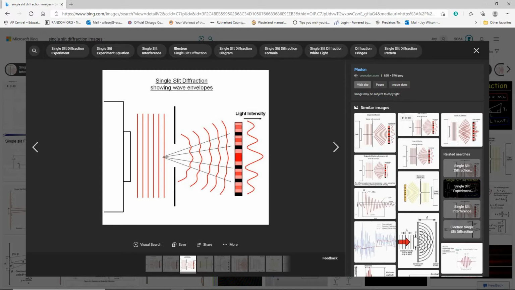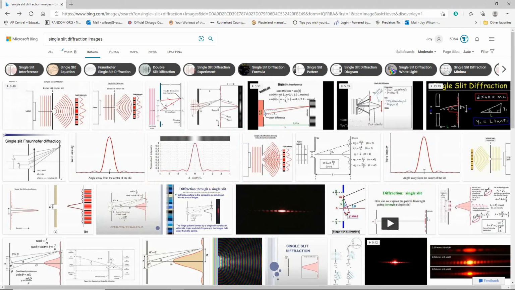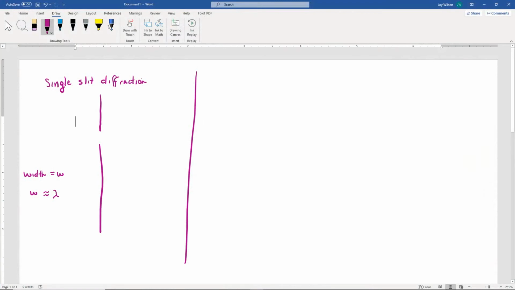You'll notice that as we go out, the light becomes dimmer and dimmer, and you can see that the wave gets dimmer and dimmer because we're moving from perfectly attuned to out of phase, to somewhat out of phase. And so when we're doing this, what we've got going on, let me come back to my screen, is that we have a whole bunch of lines, okay? I'm going to see if I can get this to work for me. We have a bunch of lines that would be nice and parallel coming through, and we have these wave fronts